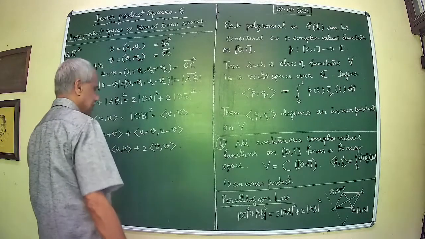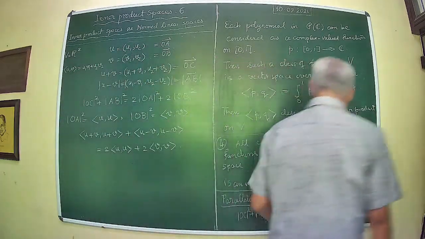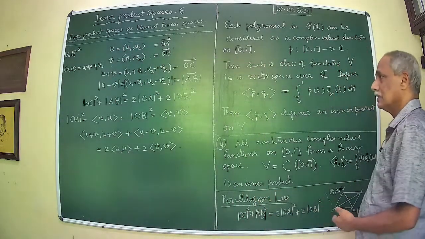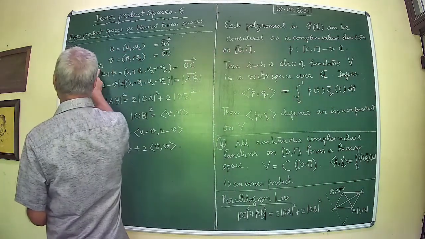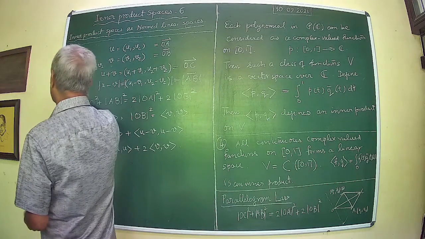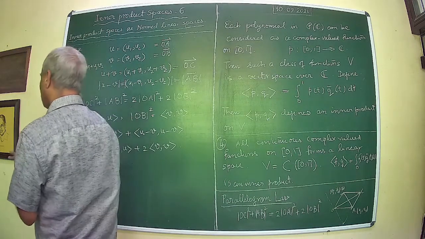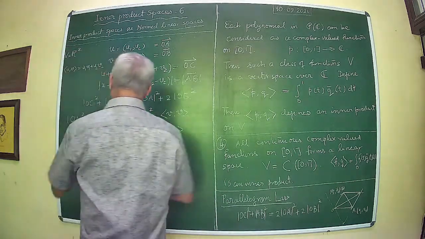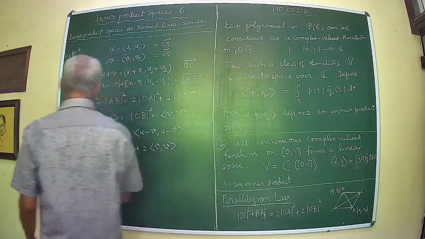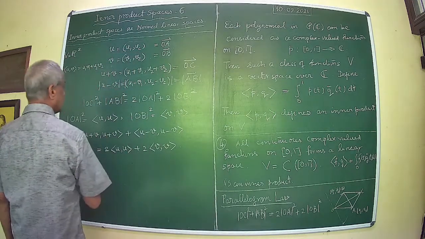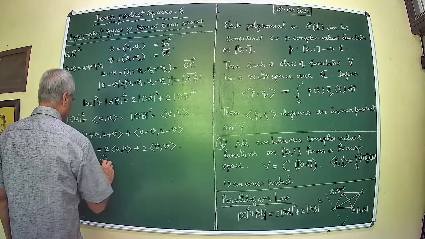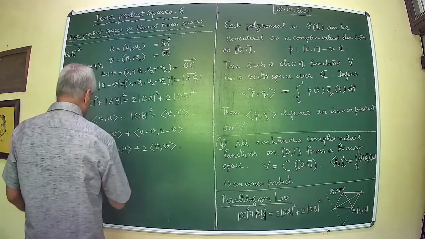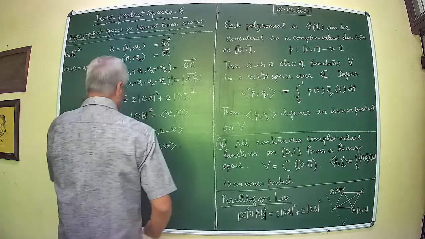Therefore, you see that in this case, recognizing that u1 v1 plus u2 v2 is the dot product, or the inner product of u with v, one proves this. That is, this is equal to OC square plus